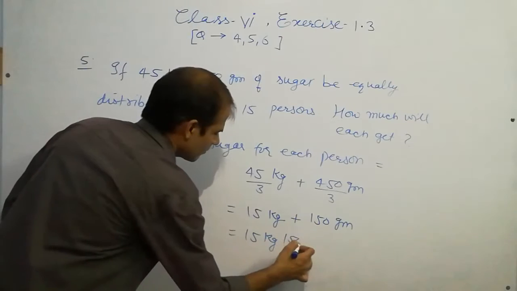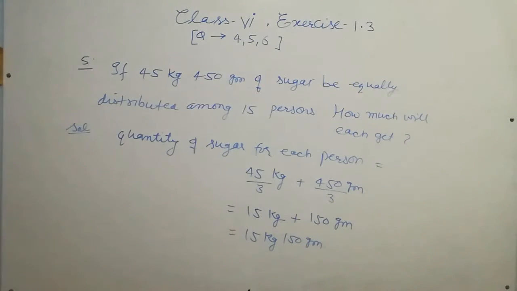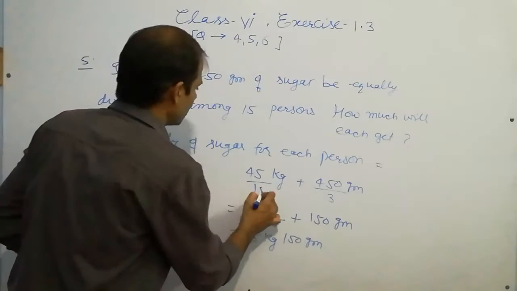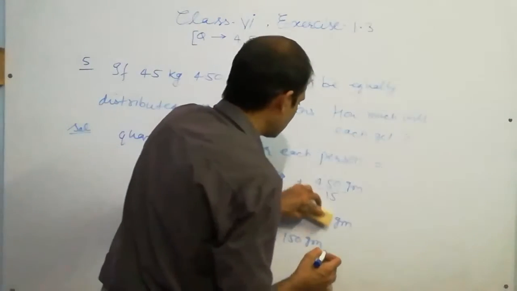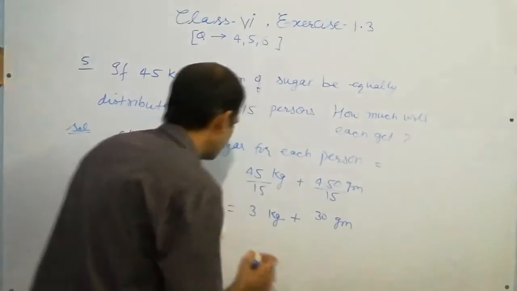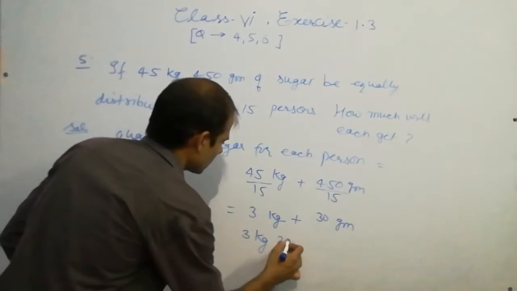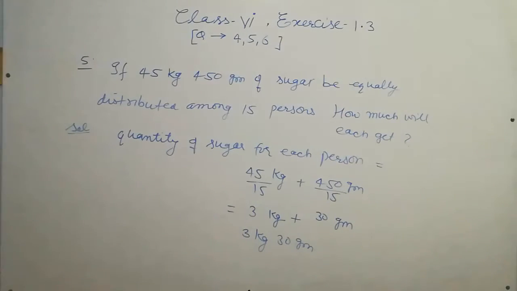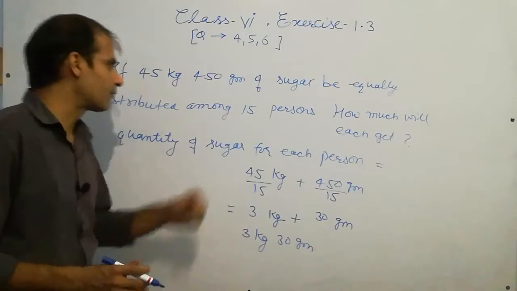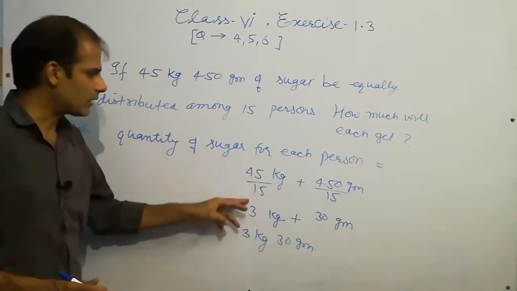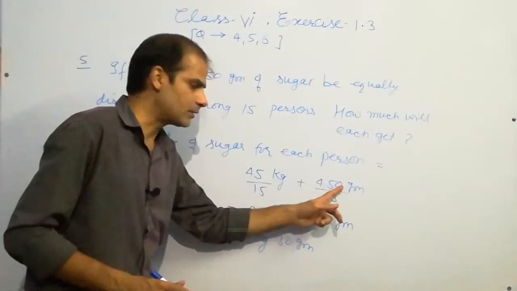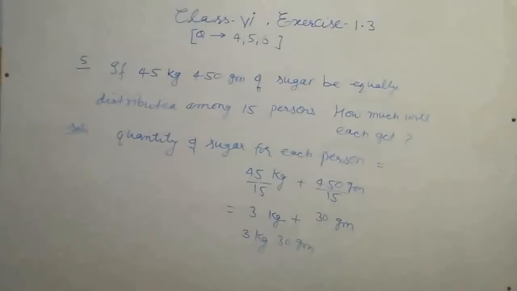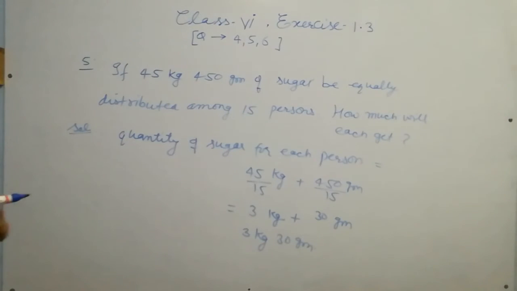Okay, there is a mistake, so it is 15, not 3. It will be 3 and 30. So the answer will be 3 kg 30 gram. By mistake I have said 3, but it is 15. So divide this number by 15. It is easily divisible. 15 threes are 45. It is also 15 threes are 45. It is 0. So we will write 30. The answer is 3 kg 30 gram. So students, pause the video and note.